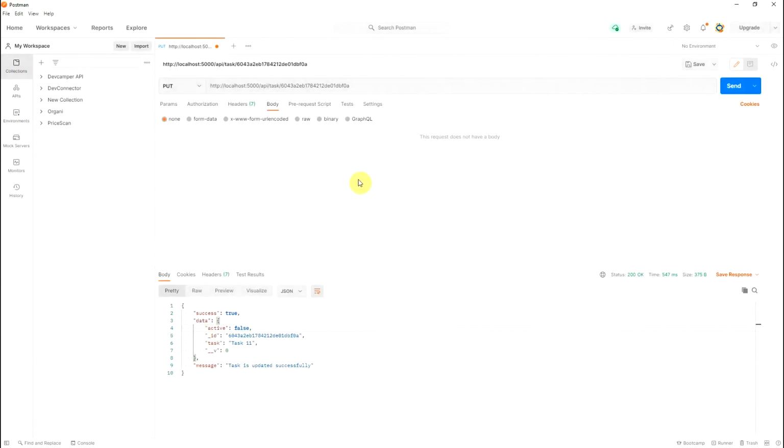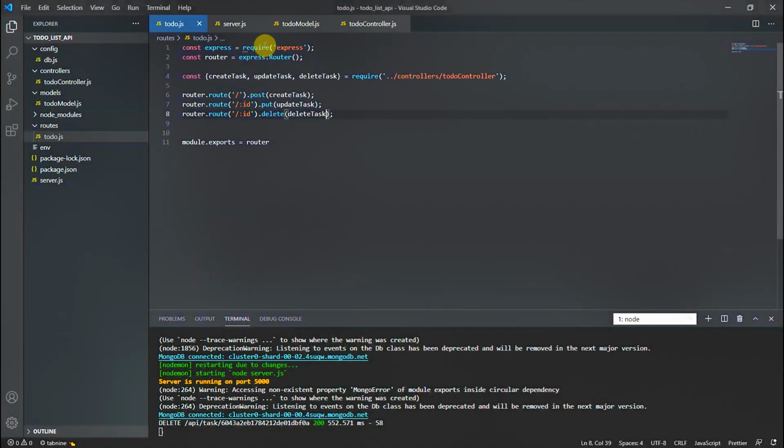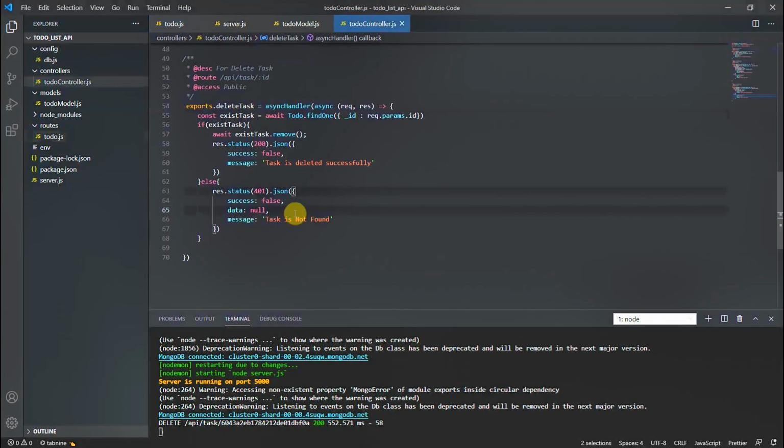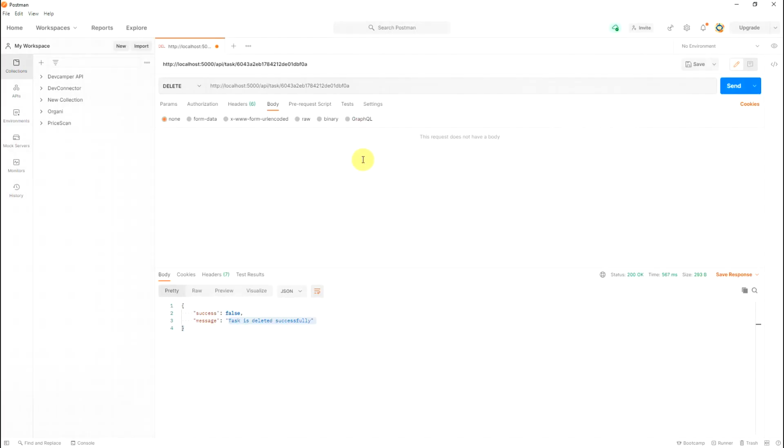Now open, then method should be delete and send. See, task is deleted successfully. Okay, one mistake I did. I need to send success true. Otherwise, it's fine.